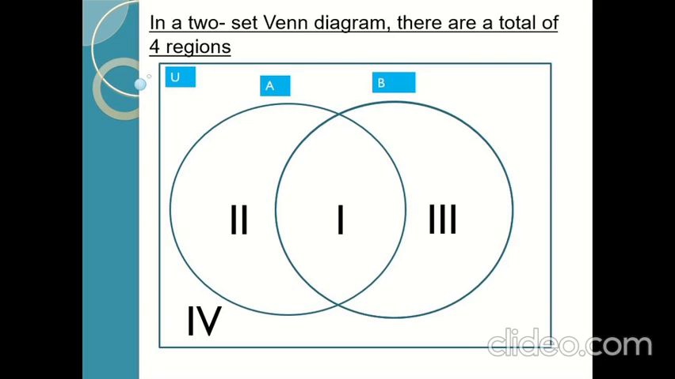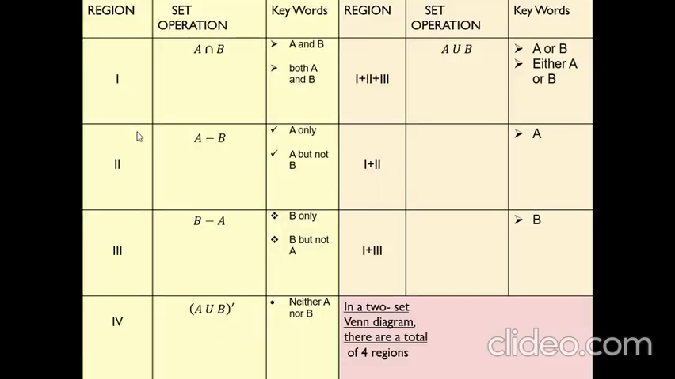In a two-set Venn diagram, there are a total of 4 regions. Region 1, where the two circles overlap. Region 2, 3, and 4. In solving problems involving two sets diagram, it is important to know where to get your answer. Get your answer in region 1